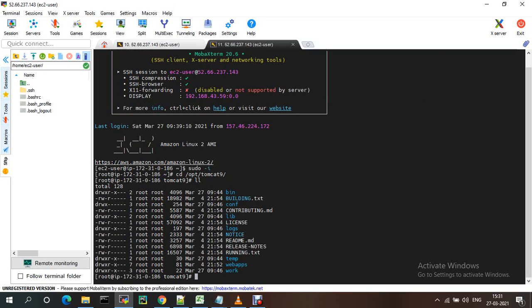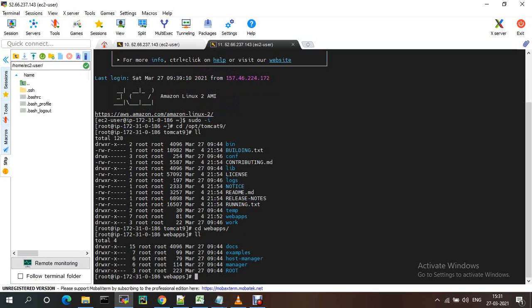If you go to webapps now on the Tomcat, there are no files, right?